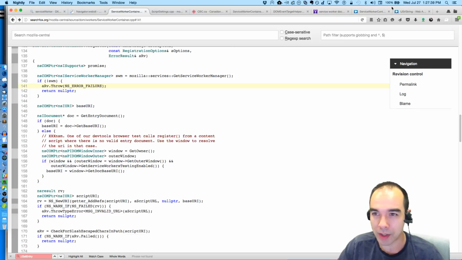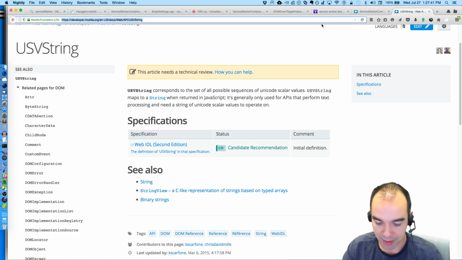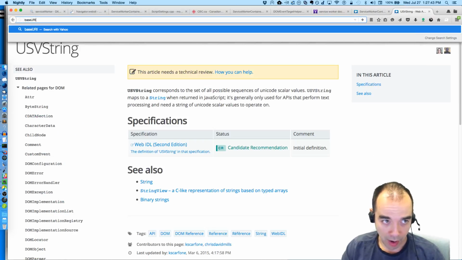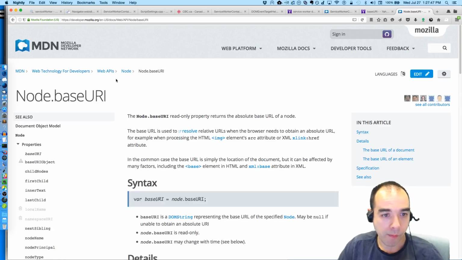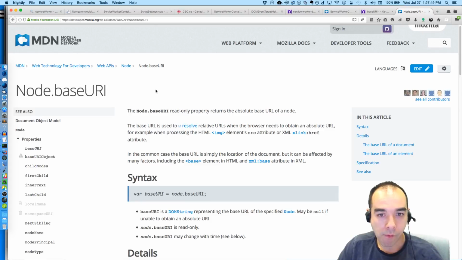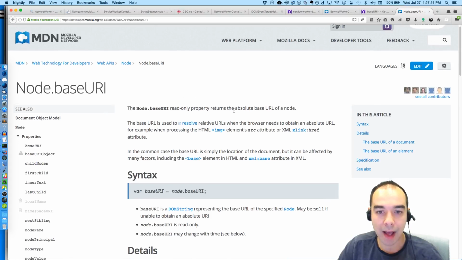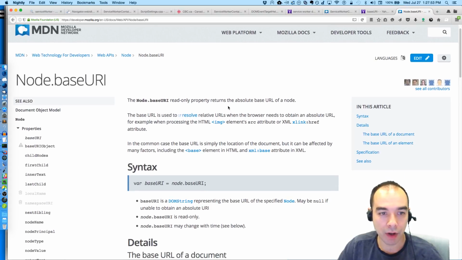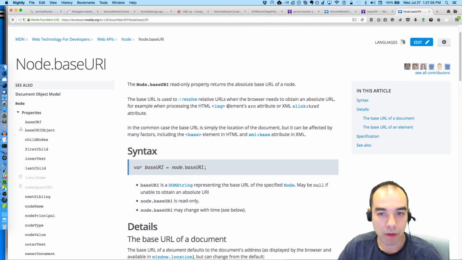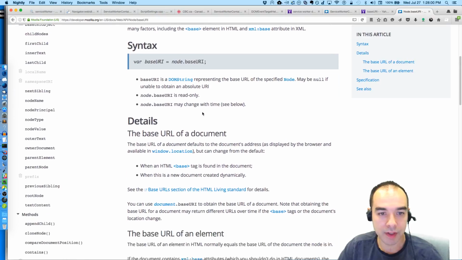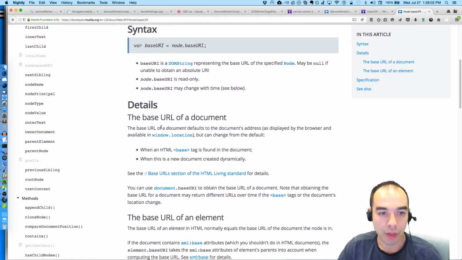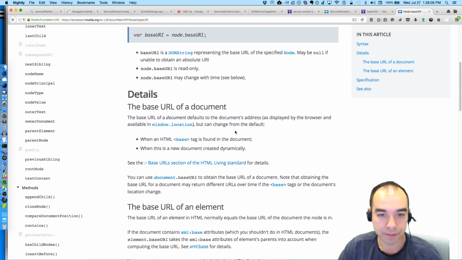Now I'm trying to remember what a base URI is. Node base URI. Returns the absolute base URL of a node. What is a base URL? The base URL of a document defaults to the document's address, but can change from the default.